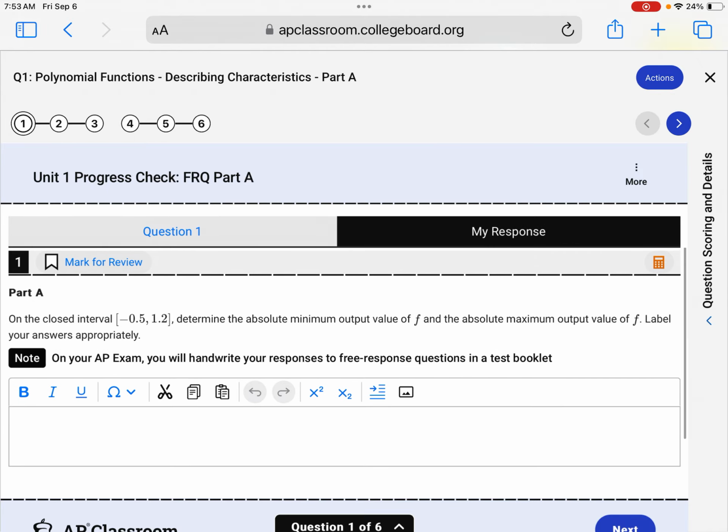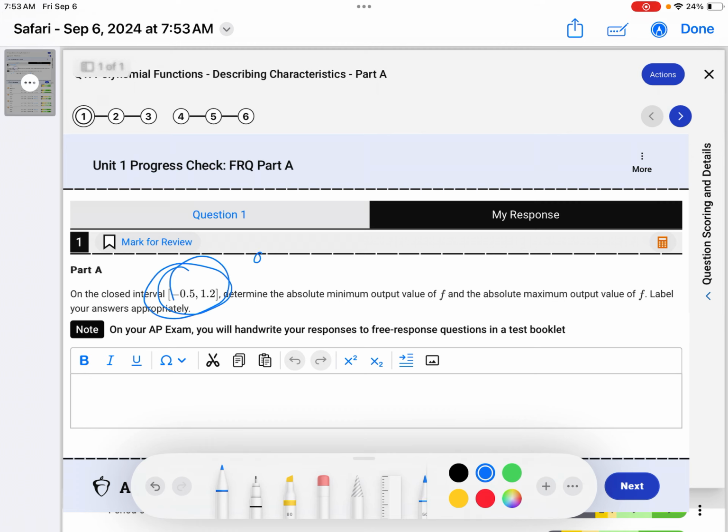On the closed interval, so right away for this one, I just want you to take note, because it's a closed interval, we're going to have endpoints. And endpoints could be absolute minimums. Absolute minimum and absolute maximum. Okay, so I'm just going to say absolute min, absolute max. So between negative 0.5